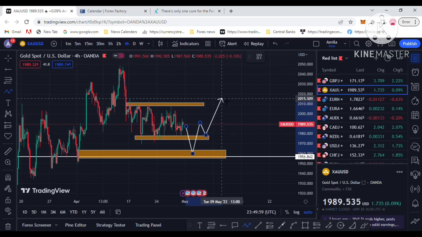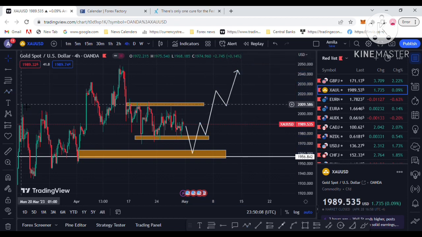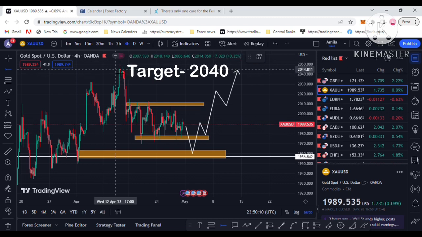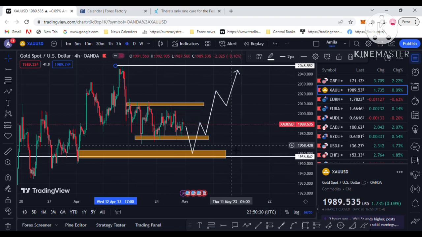gold will be bought to the upside to my target, 2050. The interest rate will be held from the next interest rate decision. After that gold gets demand and the US dollar gets a negative effect. I think 2050 is my target for gold. I think it clears the below liquidity and drops to 1950-55. That's the best buy zone for gold with the Fibonacci, and a strong buy zone is there